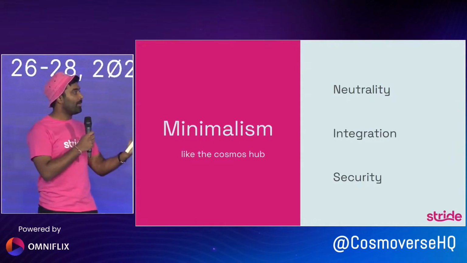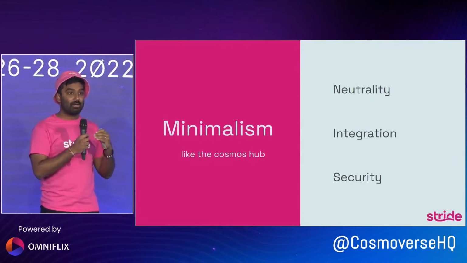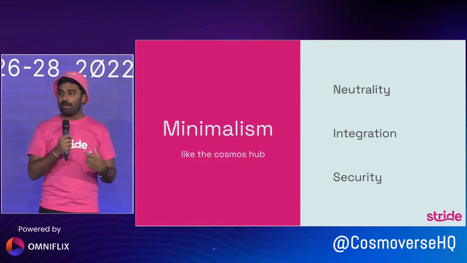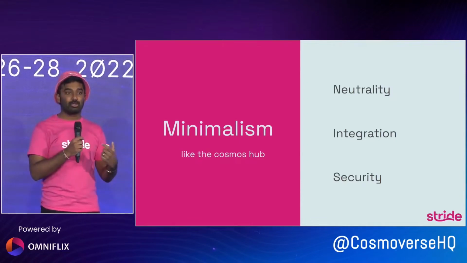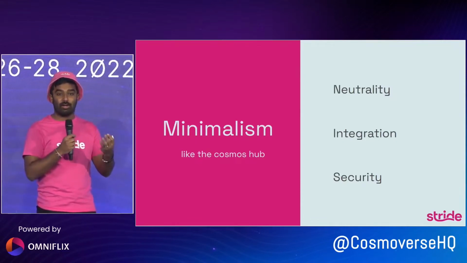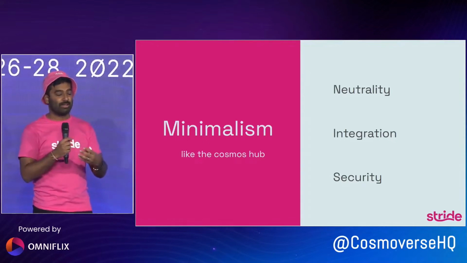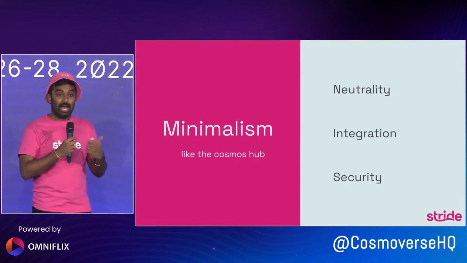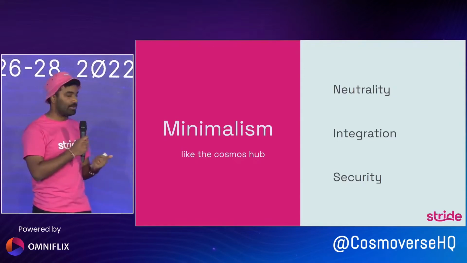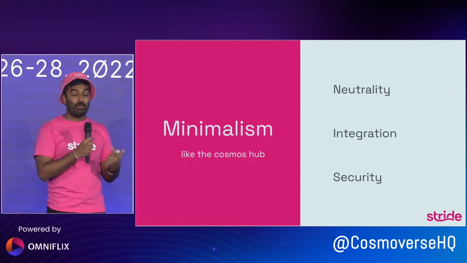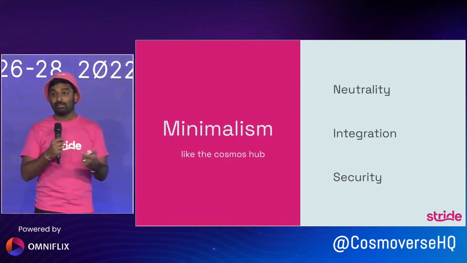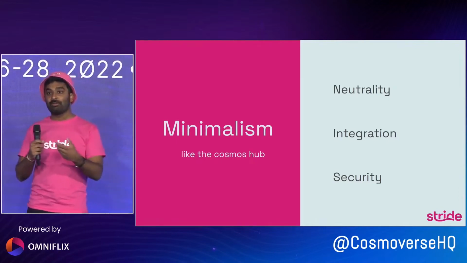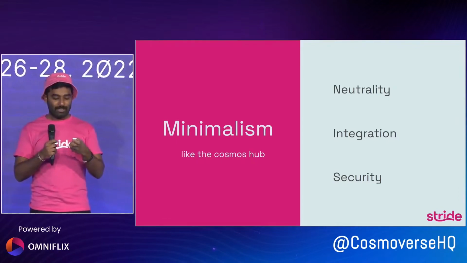So when you think about minimalism on Stride, what this means is that we're a true app chain, and we do one thing, we do that really well. That's liquid staking. We don't have a lot of these other bells and whistles. We're mostly trying to use other DeFi protocols to integrate Stride into them. So three key benefits. You get neutrality, in that you can trust that Stride is actually neutral, doesn't have a dog in the fight. Second is integration. We focused a lot on making it really easy to integrate Stride into other DeFi protocols. And lastly, security. When you have a smaller set of features, we think it's easier to be more secure. Let's get into all of these.